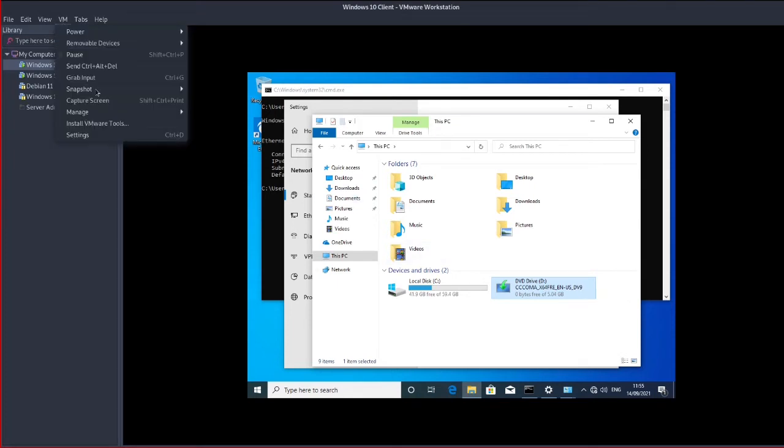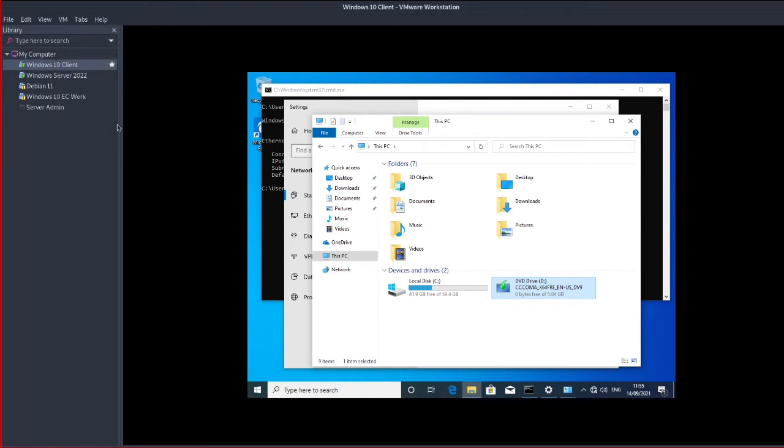If we go VM and choose Install VMware Tools, you'll notice that this will change to a different DVD. Ah, look at this. It doesn't matter if it's not present. Basically, you do choose VMware Tools, and then look, it puts a CD in the thing for VMware Tools. So all we do, double click on the CD,